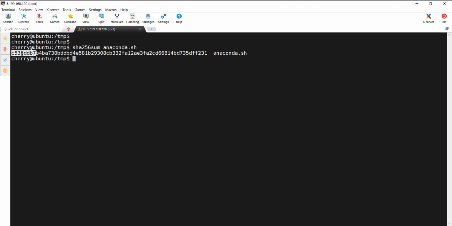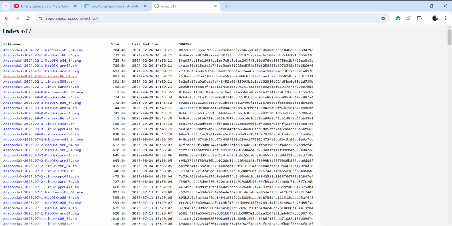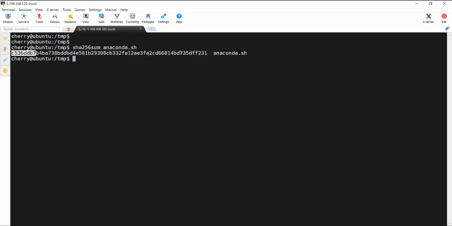So as you can see, this starts with C536DD. So let's head over here and check whether this is true. So C536DD. All right, so this confirms that we have downloaded the official script as expected. All right,